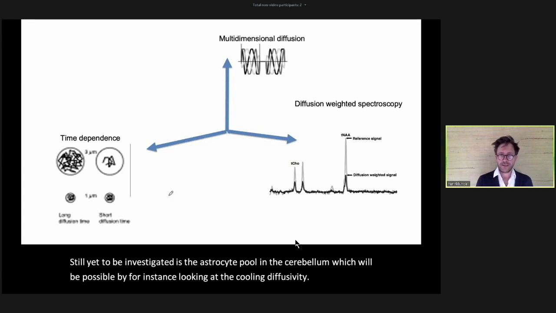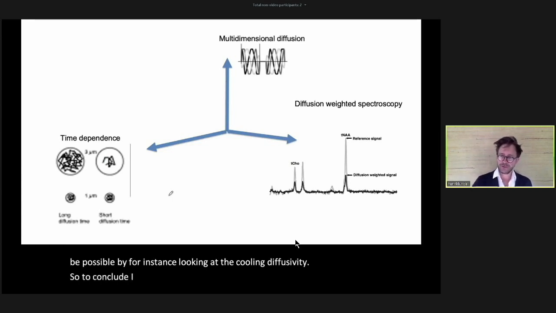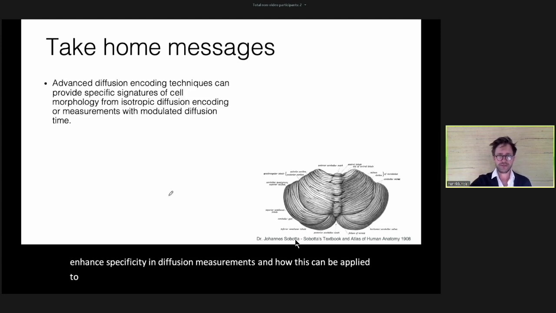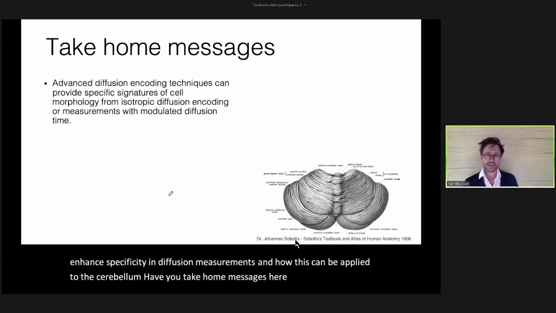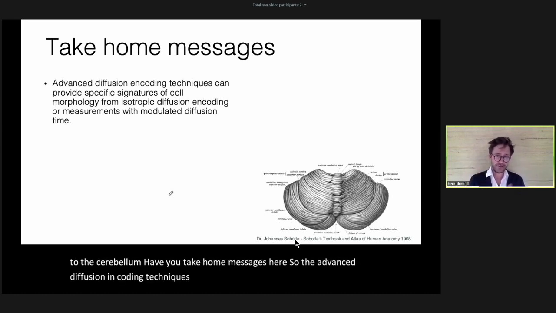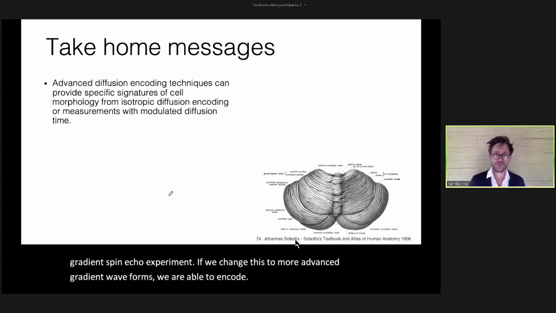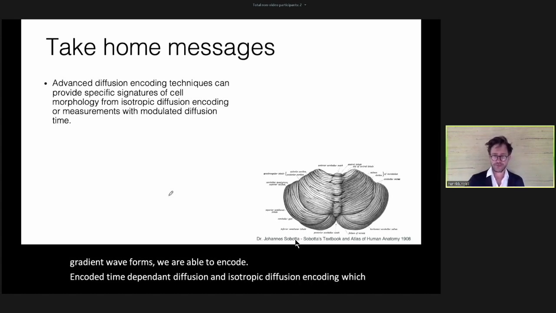So to conclude, I've been talking today about some different ways to enhance specificity in diffusion measurements and how this can be applied to the cerebellum. I have a few take-home messages here. So the advanced diffusion encoding techniques, where we change the traditional pulsed-gradient spin echo experiment to more advanced gradient waveforms, we are able to encode the time-dependent diffusion and isotropic diffusion encoding, which can provide us with information about